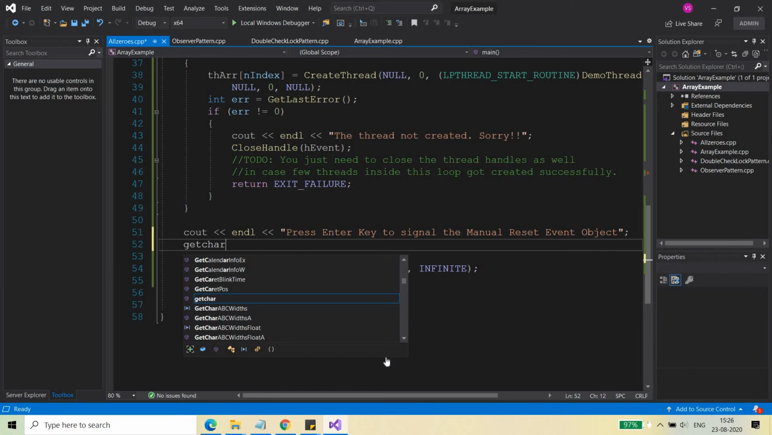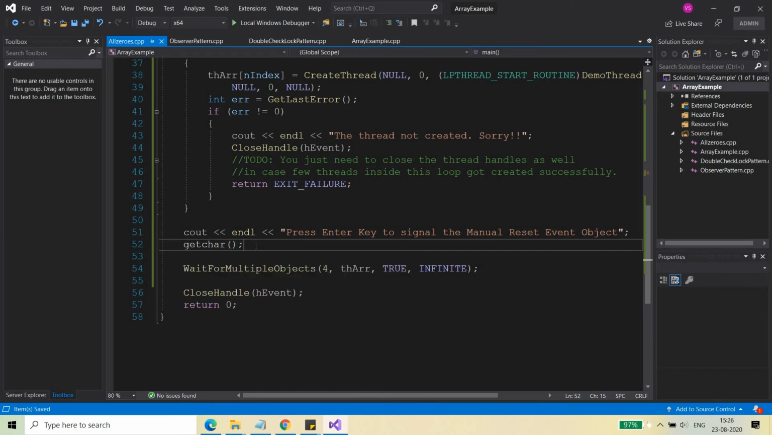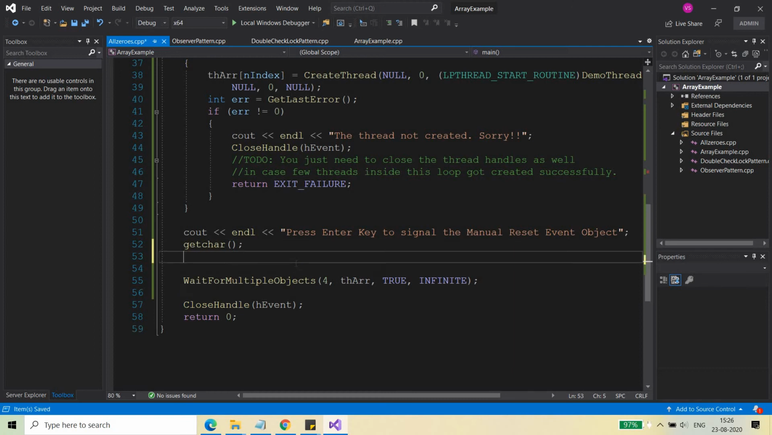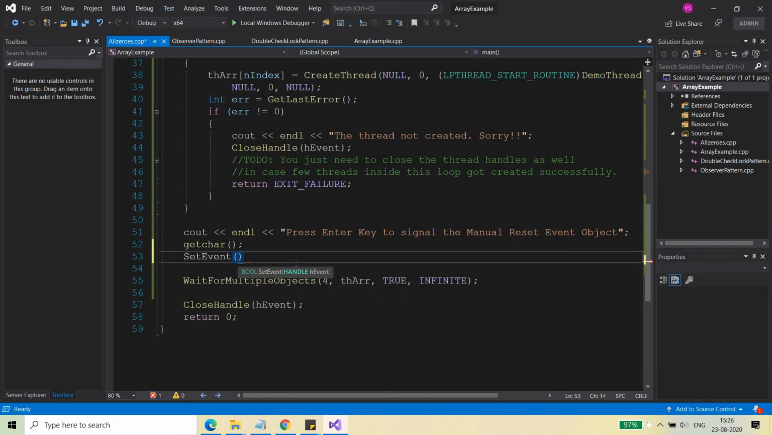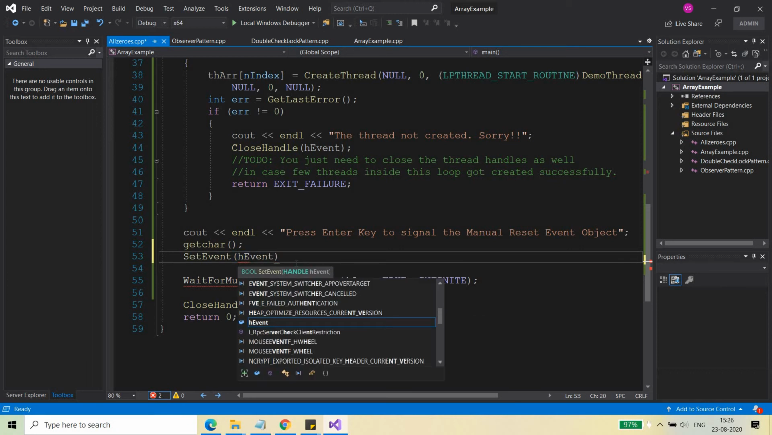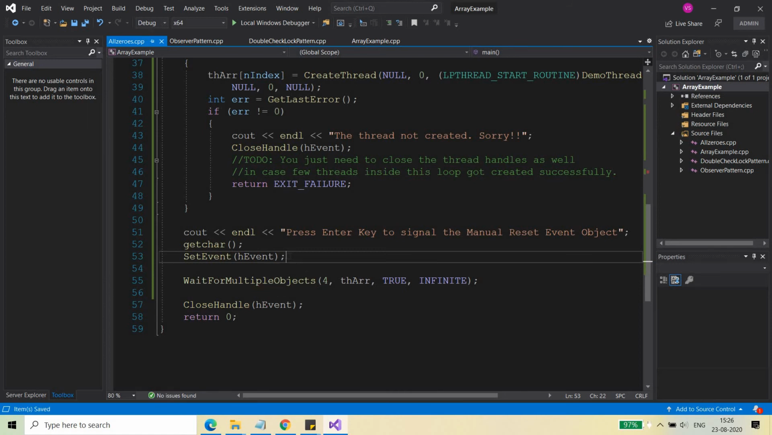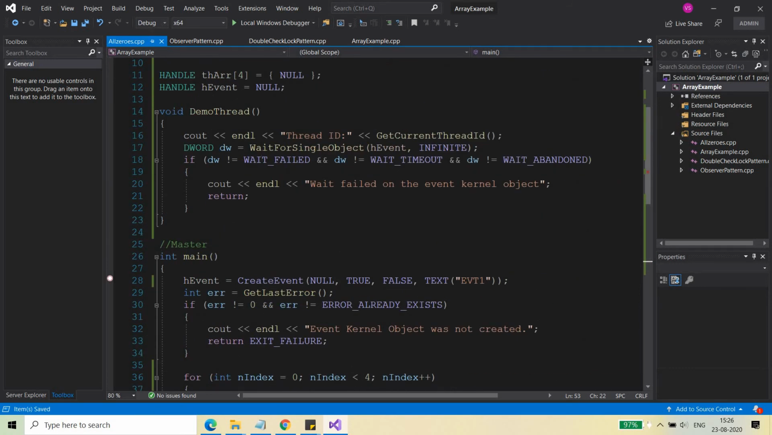So you can write cin.get, and once someone presses any key, which means that you put any character on the screen or press the enter key, then what will happen? After that, it will simply place the manual reset event object into the signal state. And once this is placed in the signal state, every thread will move ahead from this wait function, and it will print